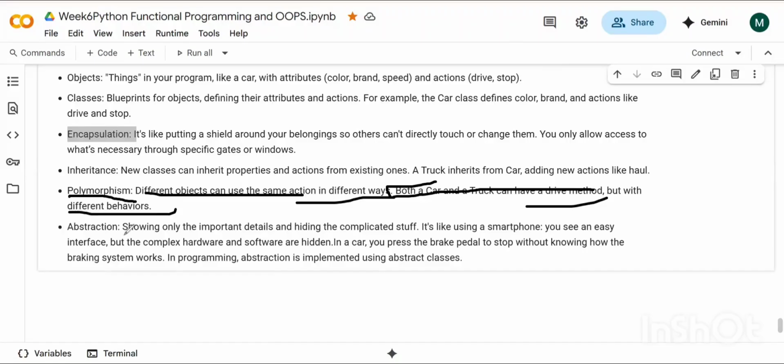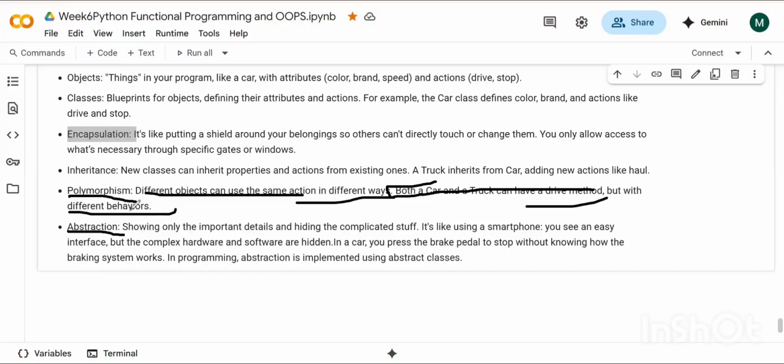And now, guys, at the end, we got abstraction. Abstraction is like using the dashboard of the car. When you drive, you do not need to worry about the complex inner workings of the engine, na? You just press the accelerator and the car speeds up.